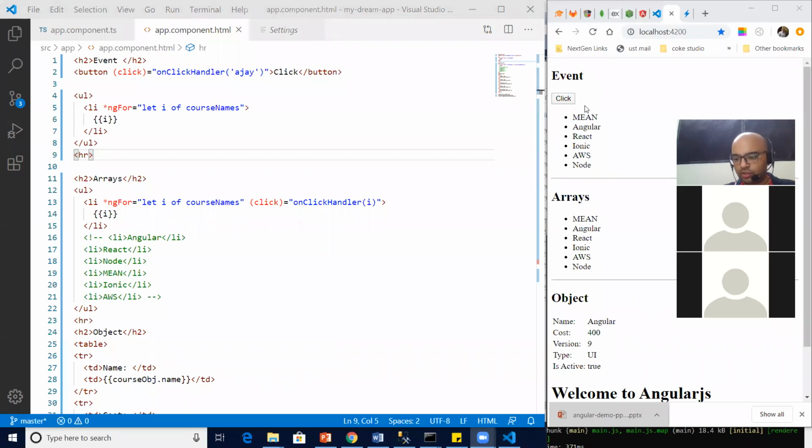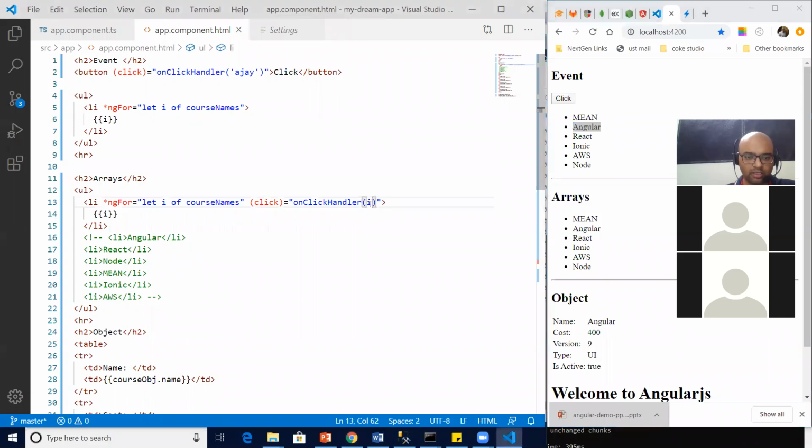So if you understood all these things, now when I click on, let's say, React, what happened? Click saved or what? Is the spelling correct? Yes, it is correct. Did I pass the right value?